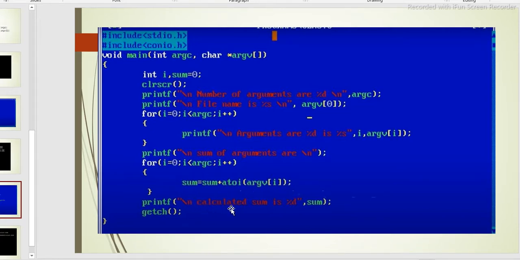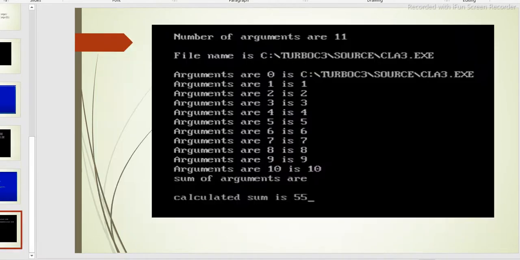And we finally calculate the sum. The output is the number of arguments, totally 11 arguments: I give 10 numbers and also the file name, totally 11. The file name is what we save.